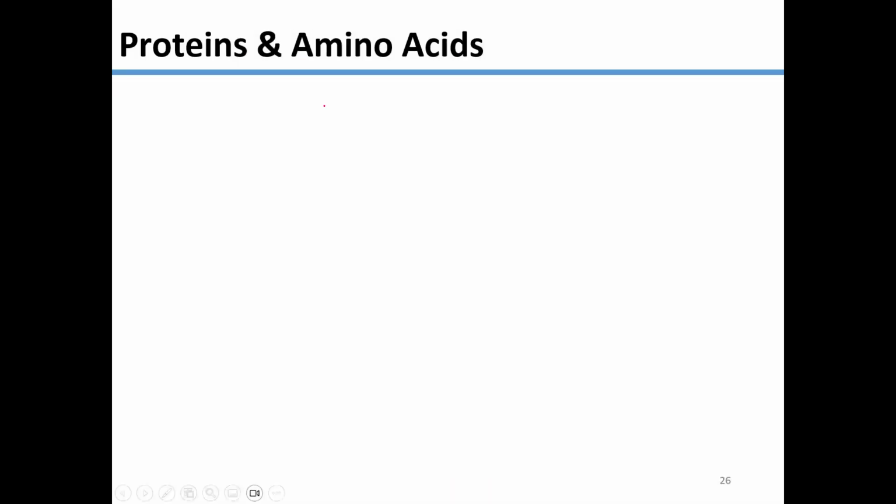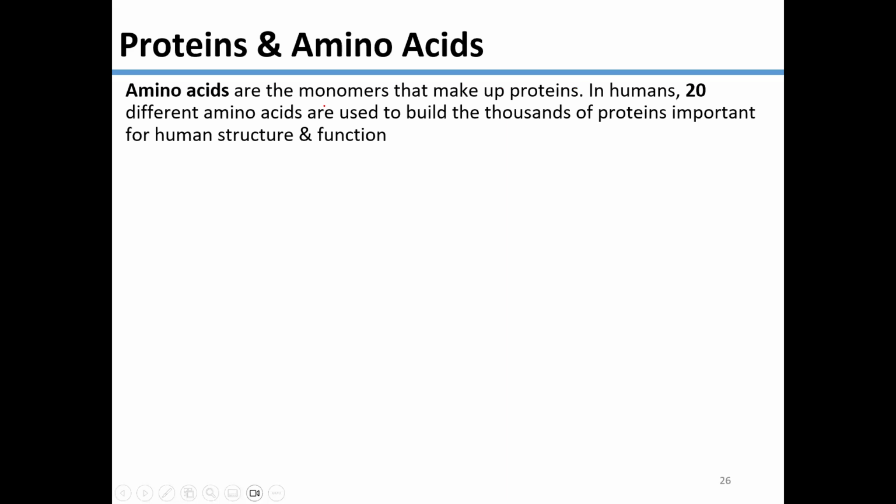So let's take a look at our proteins and our amino acids now. As you know, amino acids are going to be our monomers. They're going to be our smallest forms. Now, in humans, we have about 20 different essential amino acids, and they're going to be very important for many different things. They're going to build up thousands of proteins, which are going to be important for those human structures